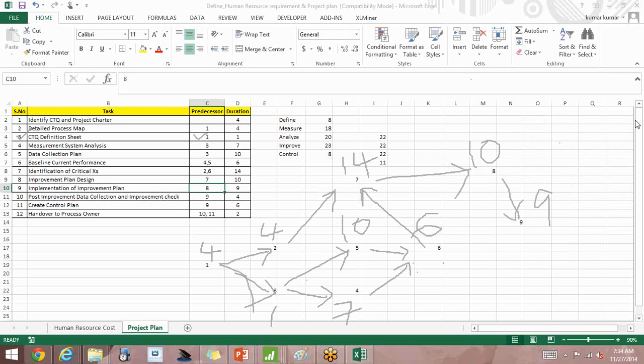Then we move on to step 10. Let me put step 10 here. Step 10 has a connection from 9 and it will take 4 days. Then comes step 11. Let me put step 11 here.